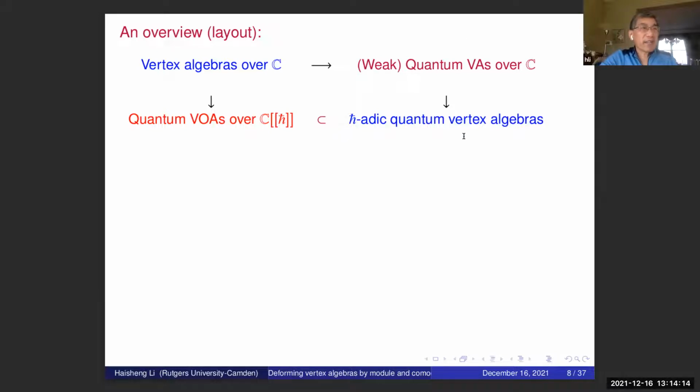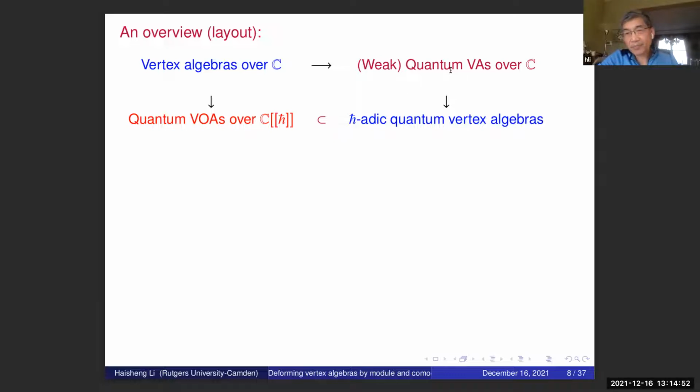But here on the right-hand side, we have weak or quantum vertex algebras, you consider H-adic version, we get H-adic quantum vertex algebra. The difference is here, the Etingof-Kazhdan quantum VOA is just the special H-adic quantum vertex algebra. So let's just say on the left side, Etingof-Kazhdan quantum vertex algebra, there are classical limits, just the vertex algebra. On the right side, for a general H-adic quantum vertex algebra, the classical limit is a